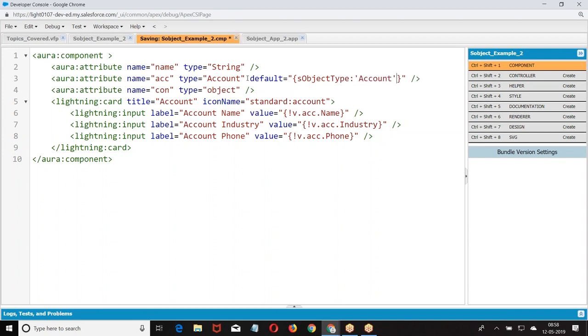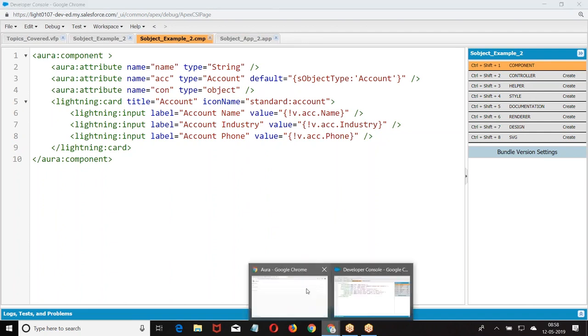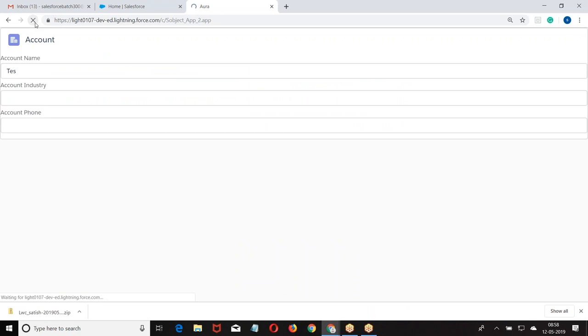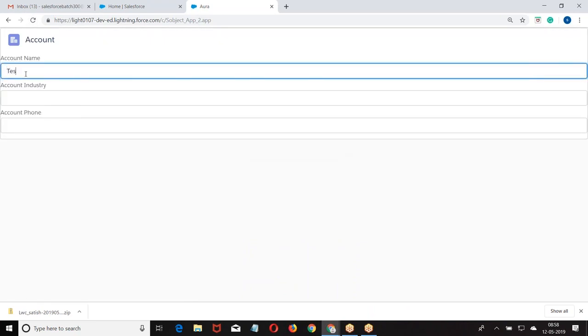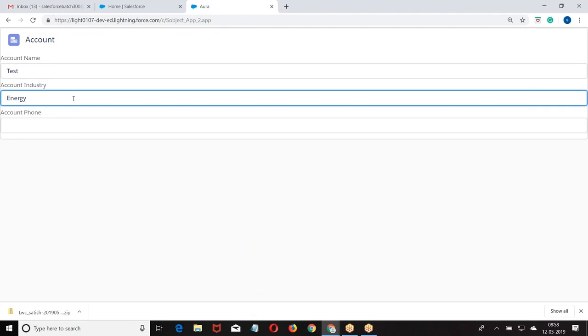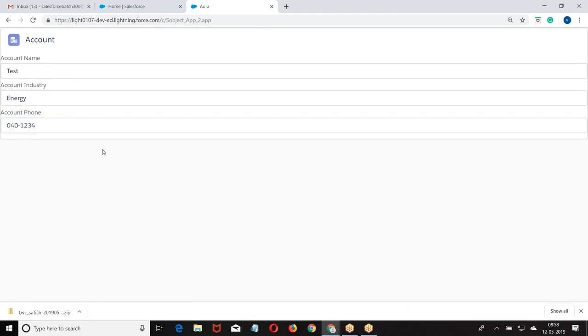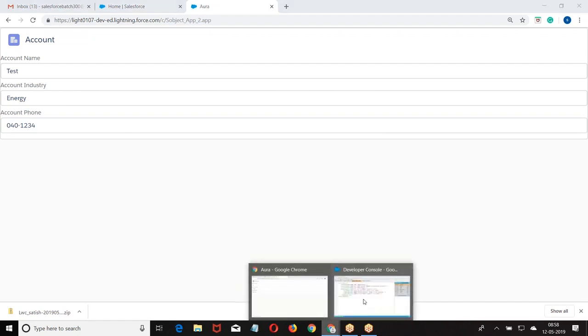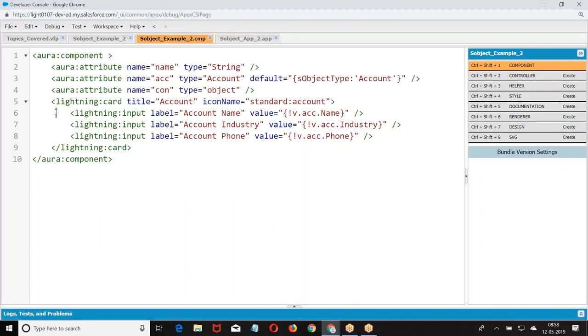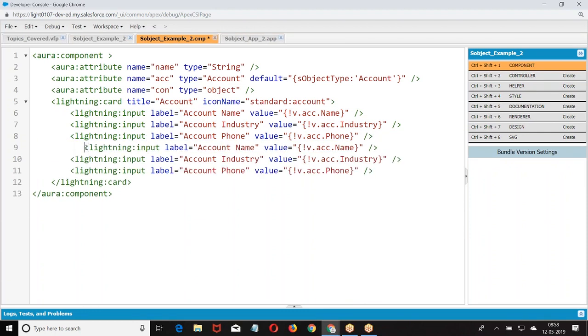Account. There is no issue. Similarly, the second one I have taken.